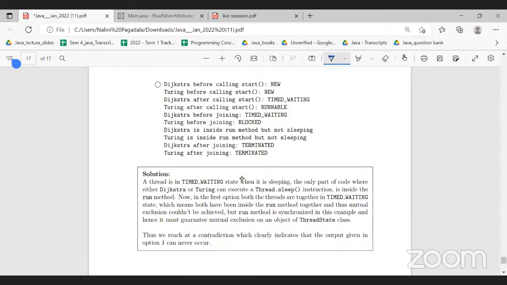We'll just read the solution also once. A thread is in the timed waiting state when it is sleeping. The only part of the code where either thread can execute the sleep instruction is inside the run method. Now in the first option, both the threads are together in the timed waiting state, which means both have been inside the run method together and mutual exclusion could not be achieved. But the run method is synchronized in this example, and hence it must guarantee mutual exclusion on its thread state. Thus we reach the contradiction, which clearly indicates that the output given in option 1 can never